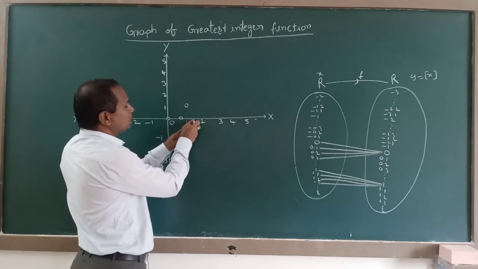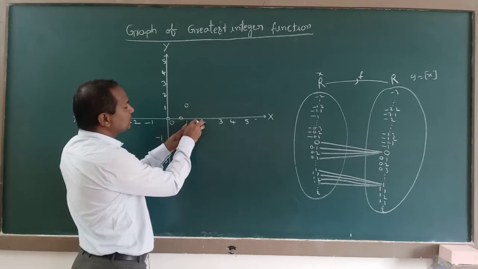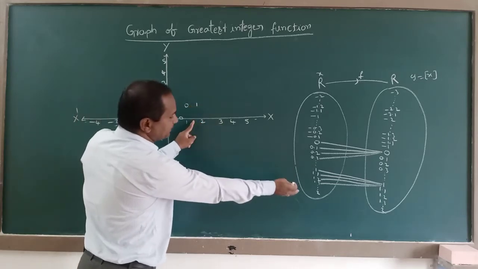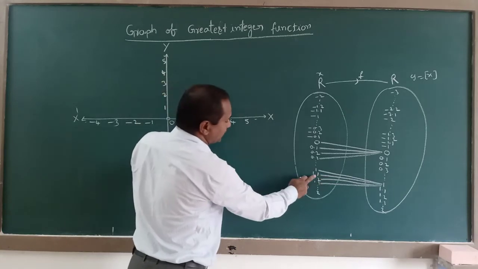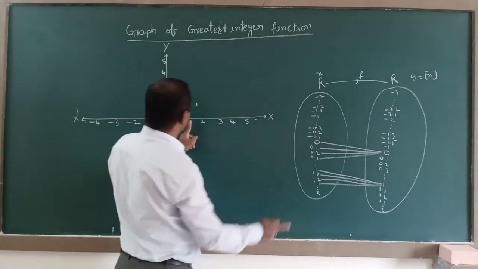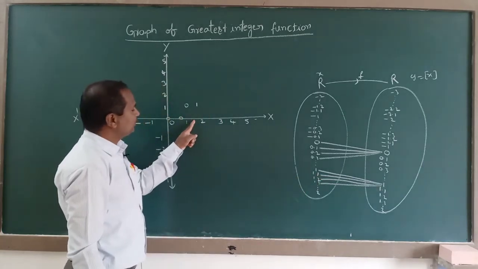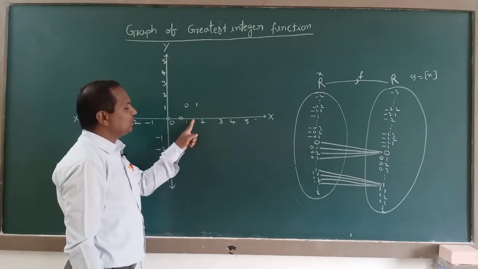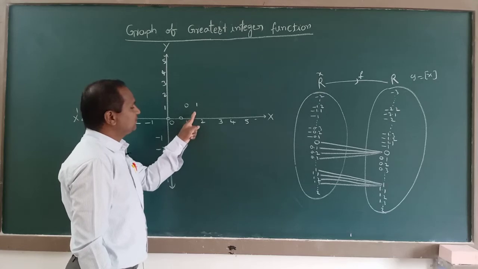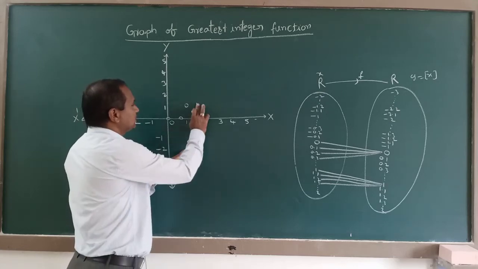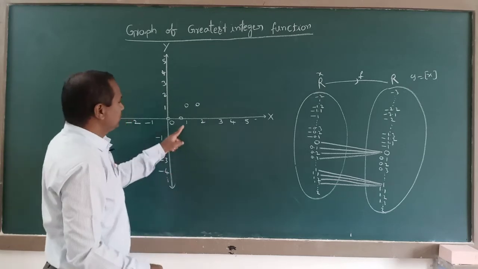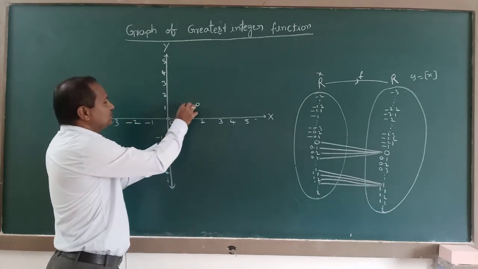1.1, 1.2, 1.3, 1.4, 1.12, 1.23. To all these, the function value is 1, because here I represented 1.1, 1.2, 1.3 on the x-axis. We are taking those elements now. To all those elements the function value is 1 only. But exactly 1 to 1 means just to fill them.